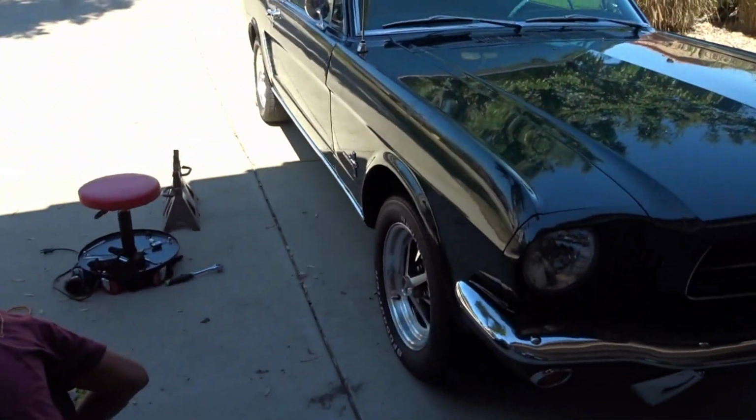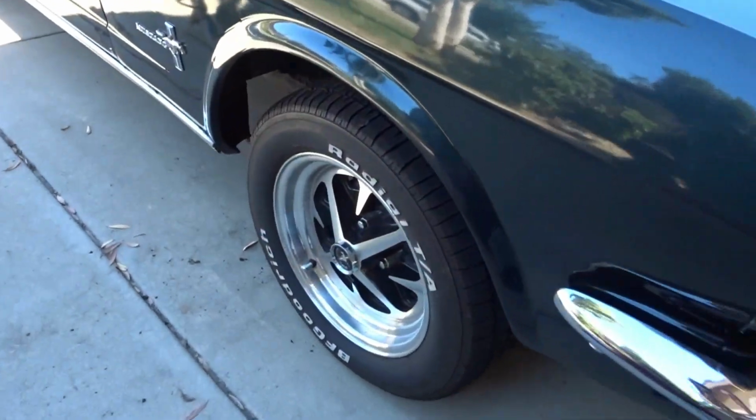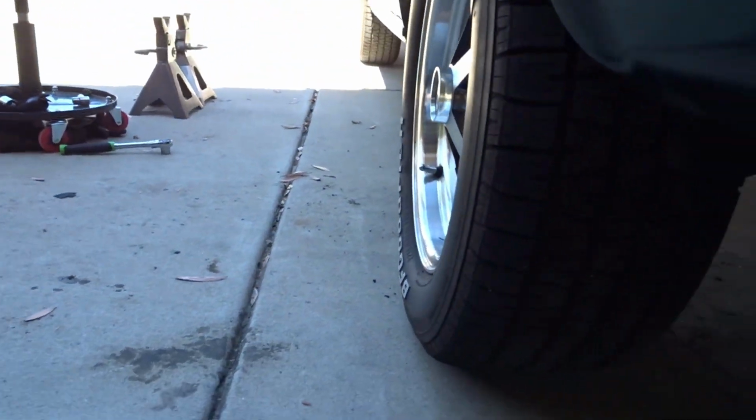Finally, after 3 days of installing this new upper ball joint, we've got the tire back on. It's up there, you can't really see it that much, but took 3 hard days of drilling hard, grinding stuff